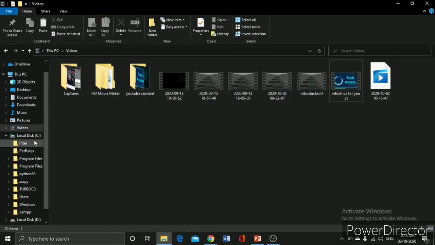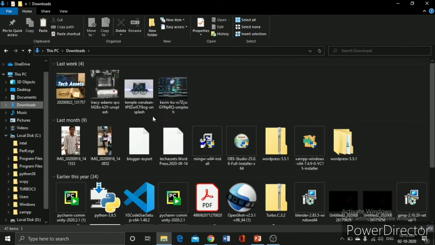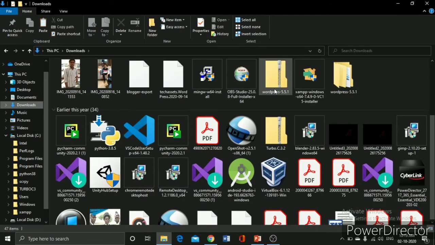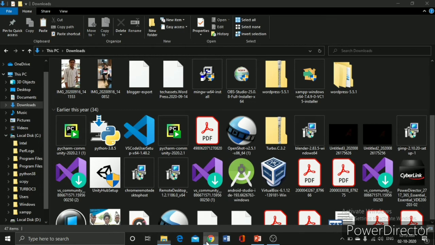So, in downloads you can see the WordPress 5.5.1 zip file that is downloaded into my system, and the same file will be downloaded into your system also. Now for the time being, we will keep this file as it is and move to the installation of the XAMPP